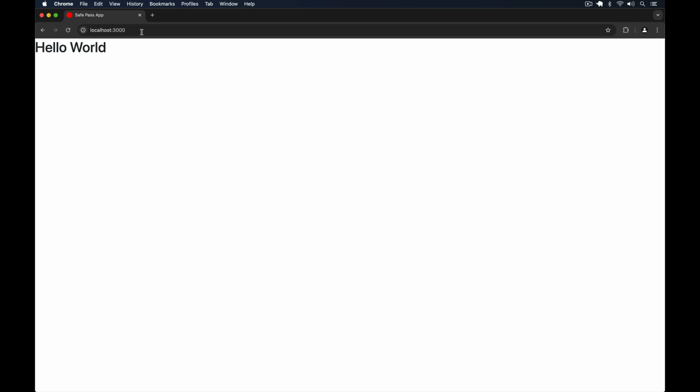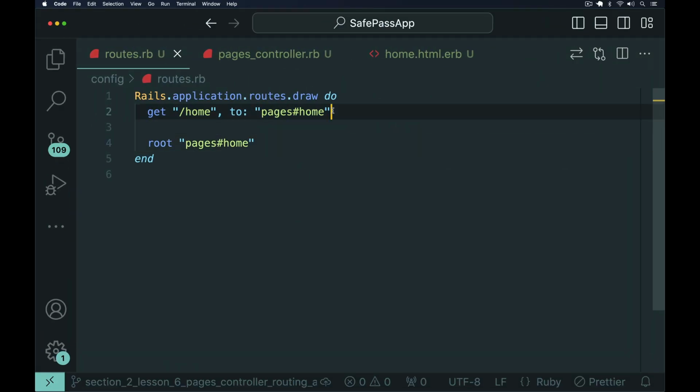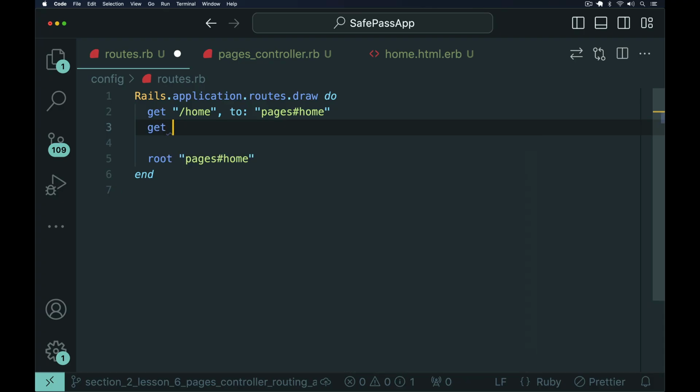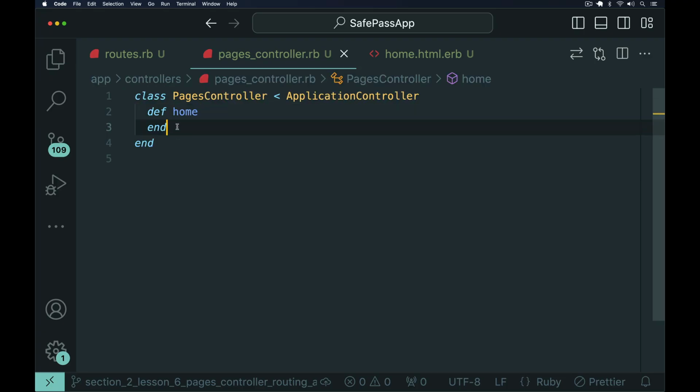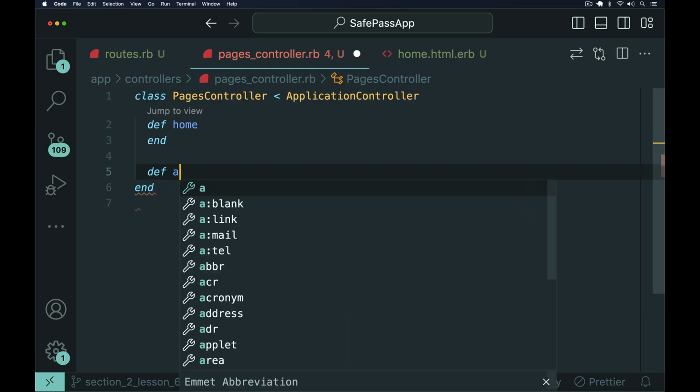Perfect. Okay, now let's add in another page and we'll call this the about page. Let's start by heading into the routes file and adding another GET request to /about. So right under our home, we can add another GET request, and this will go to /about. We'll send this to the pages controller again, and then go to the about action. We can save that and go back into our pages controller. And then just like the home, we can do def about,